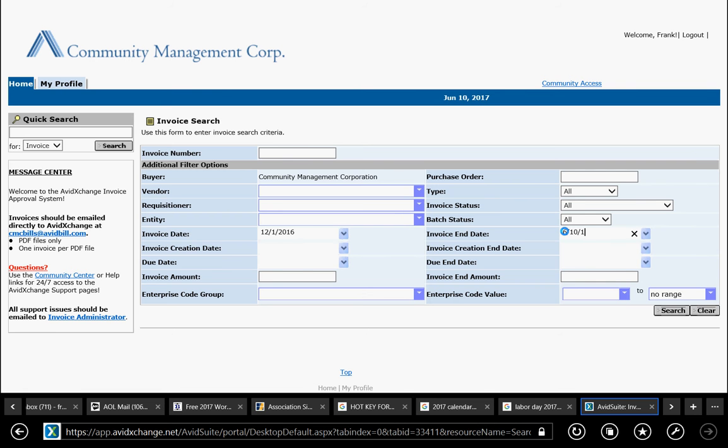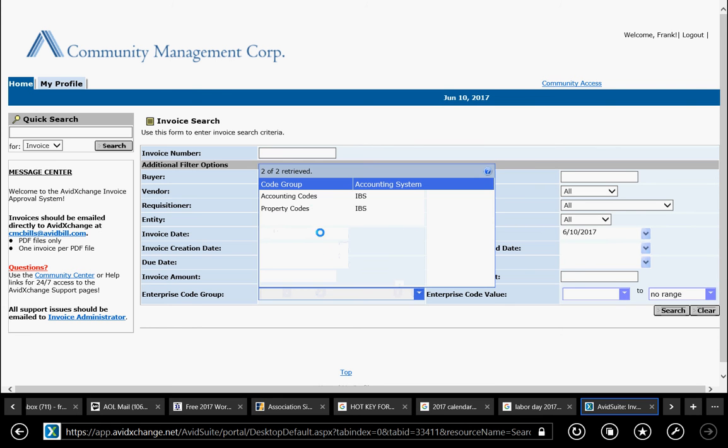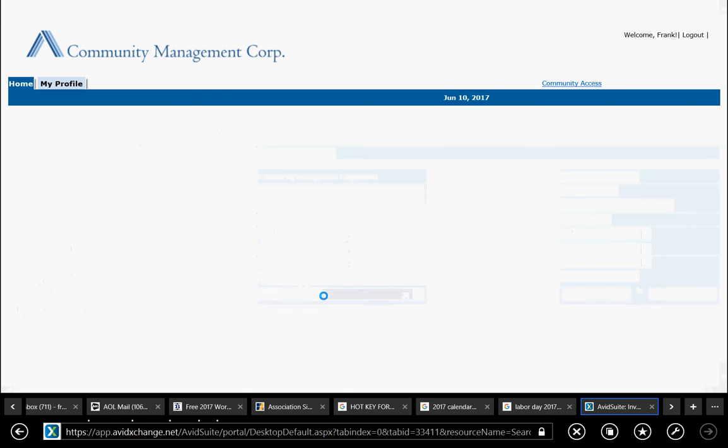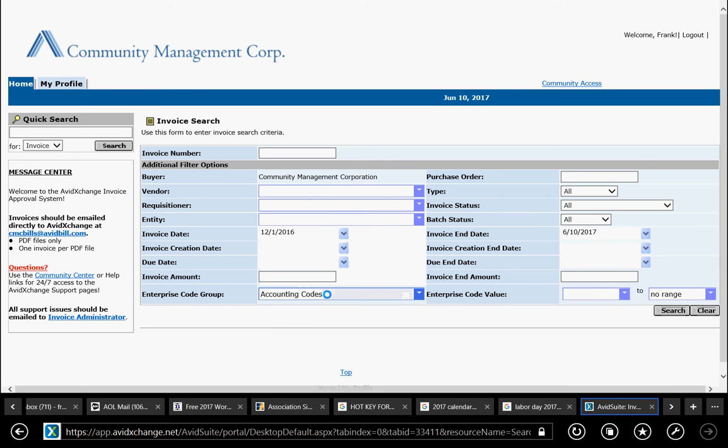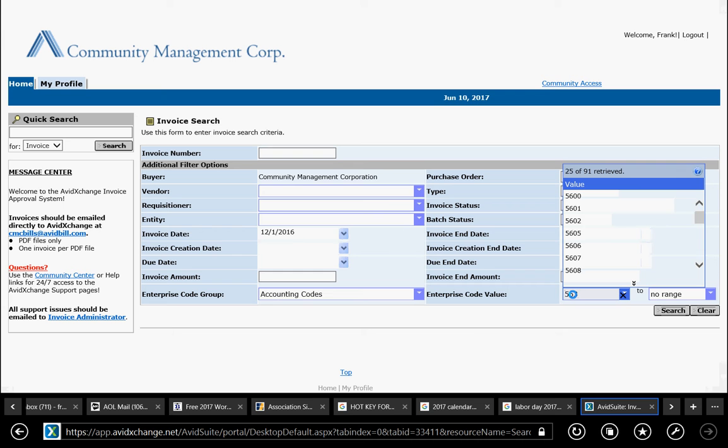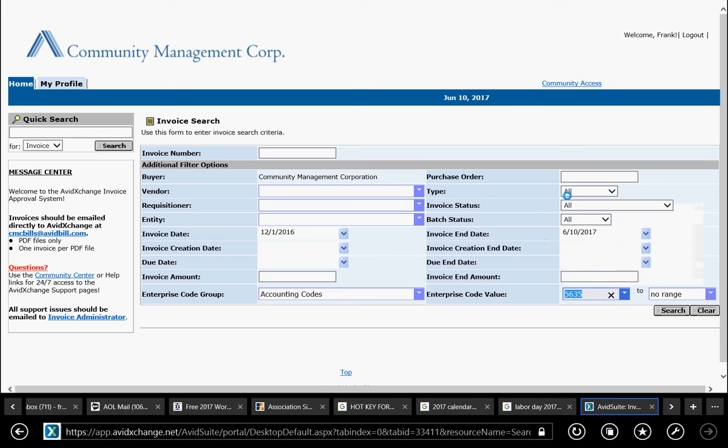And then I will go to the Enterprise Code Group and click on Accounting Codes so that I can now search for general ledger items within this particular fiscal year. Enterprise Code Value, of course, was 5635. There it is. Click on it, search,